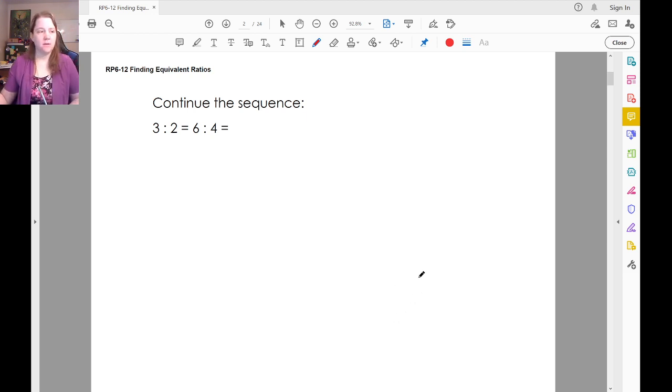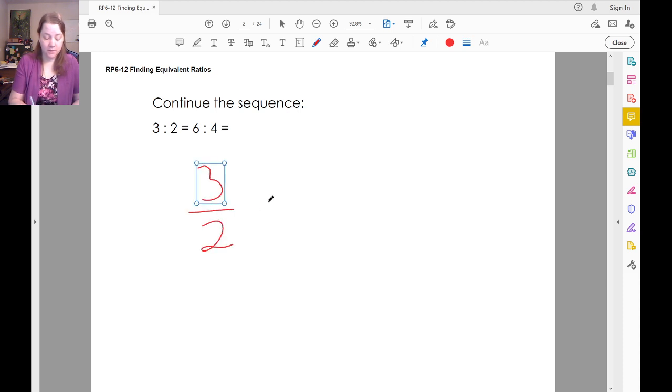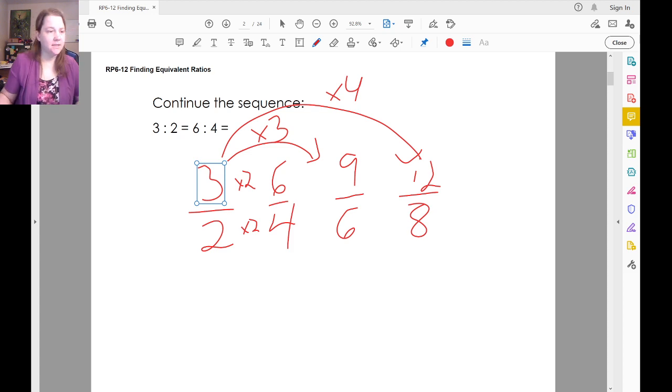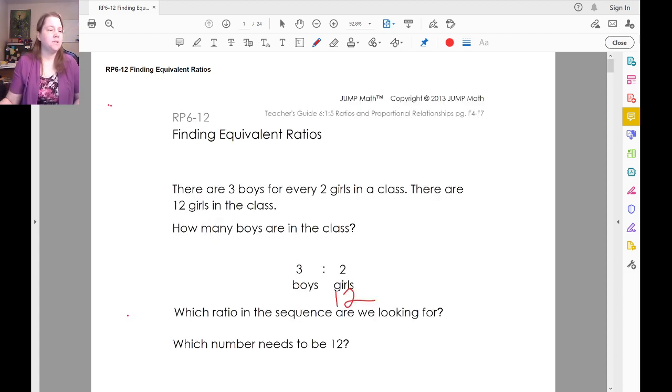So the first way that we can do this is we can say 3 over 2 is the same as 6 over 4 because we're multiplying by 2 over 2. And then we multiply by 3 over 3 to get 9 over 6. And then we multiply by 4 over 4 to get 12 over 8. And that would tell us,